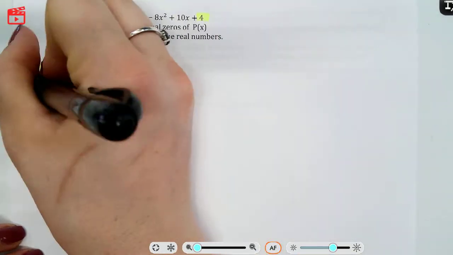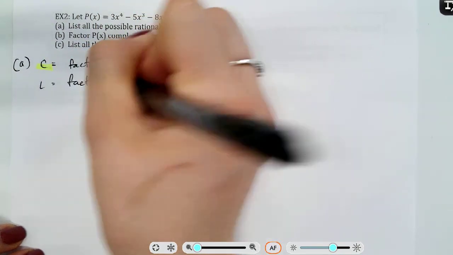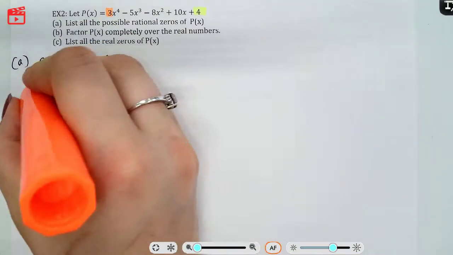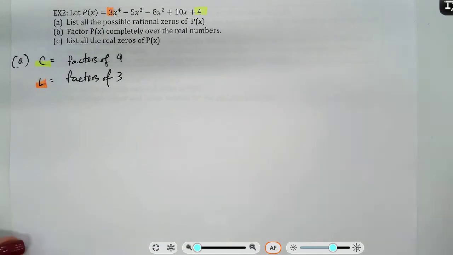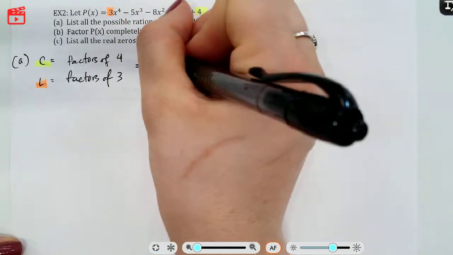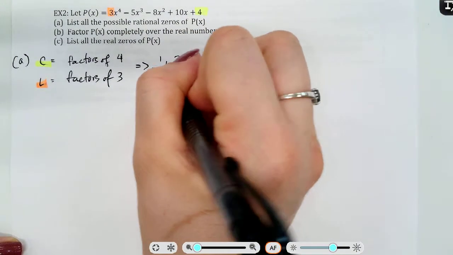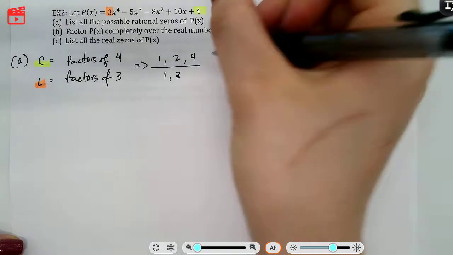And L is going to be factors of 3, which I get from there. All right, so what are those possibilities? Well, factors of 4 are 1, 2, and 4. And factors of 3 are 1 and 3. This changes things up a little bit. So when we do our possible zeros,